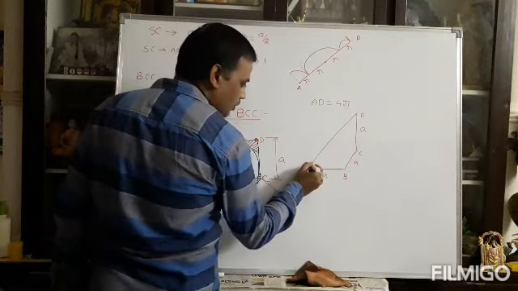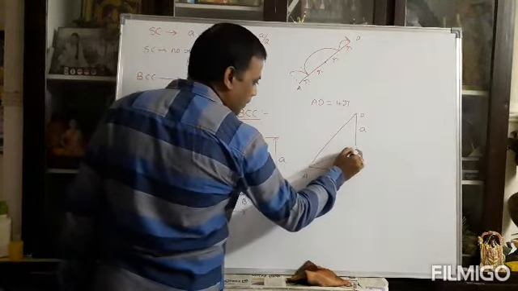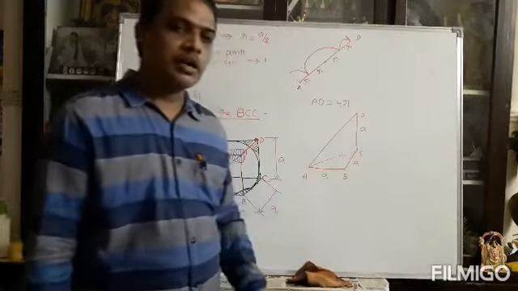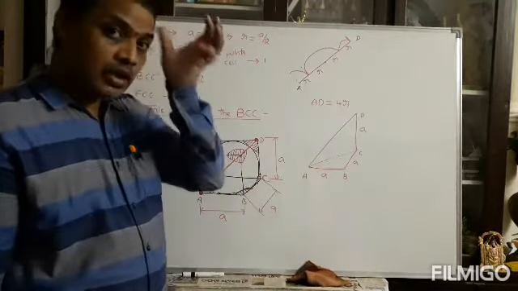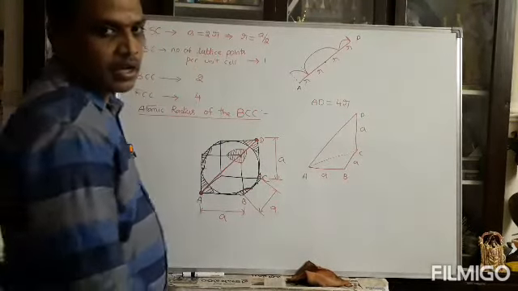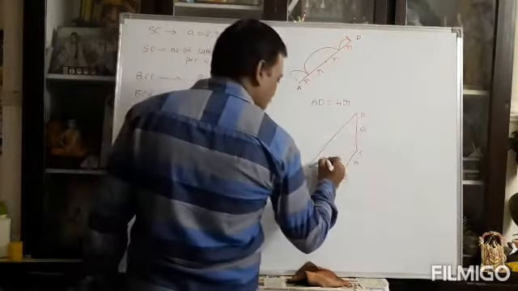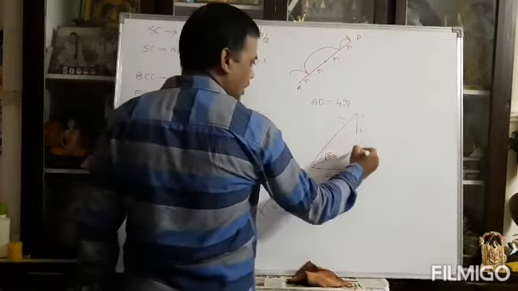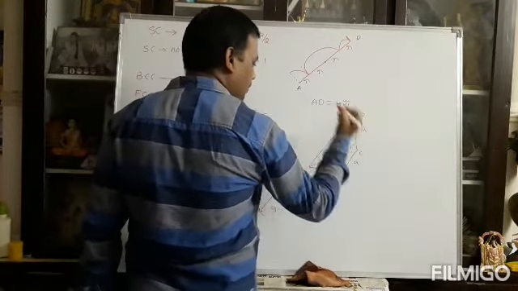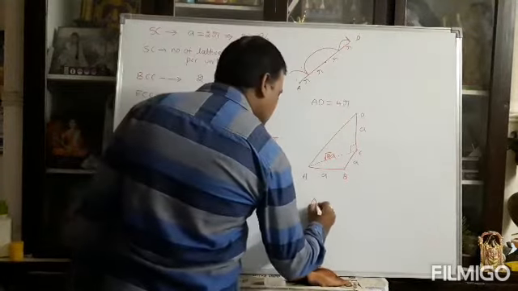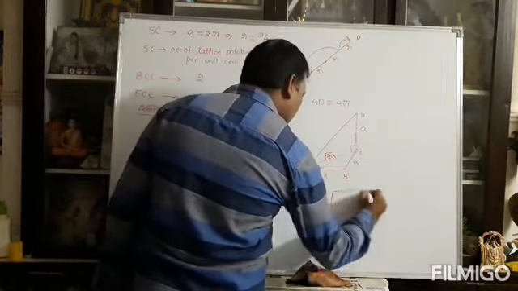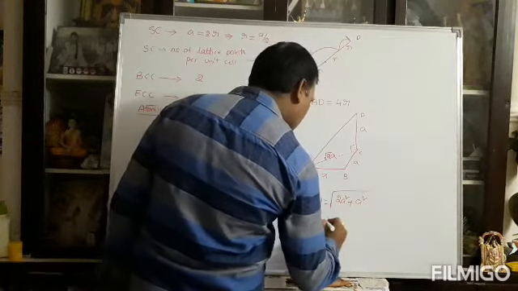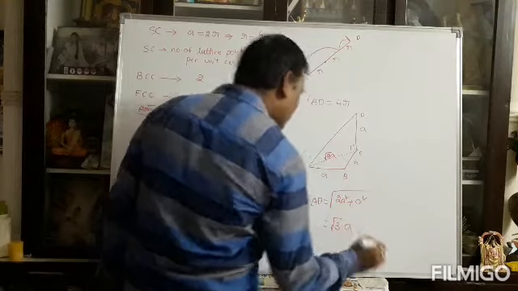From this point of view, you can calculate the AC distance. According to cubical structure, AB and BC are perpendicular to each other. This is a right angle triangle, so the Pythagoras theorem can be applied. This value is equal to root 2a. So AC and BD both are perpendicular to each other. Then AD distance according to the Pythagoras theorem can be written as the square root of 2a square plus a square, which is nothing but root 3 times a.